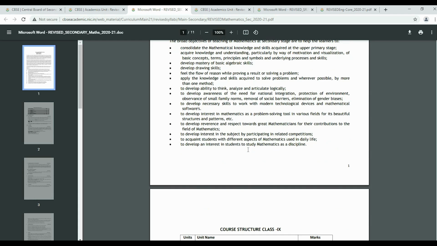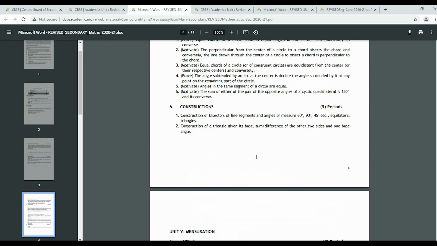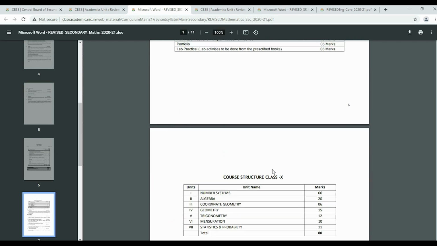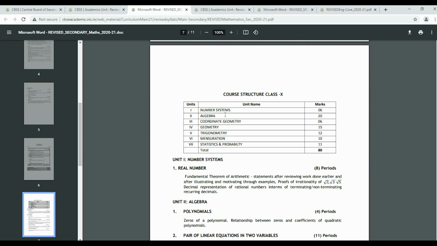In mathematics, you can find both standard as well as basic mathematics. And you can see the difference, how typology would be different in both. Let me show you the weightage first. Let's scroll down quickly. Course structure, class 10th. Now these are the units, 7 units, and the marks are displayed against it. Now if you are finding algebra tough, do not even think to skip it, because it is coming for 20 marks, 20 good marks. Here it is.